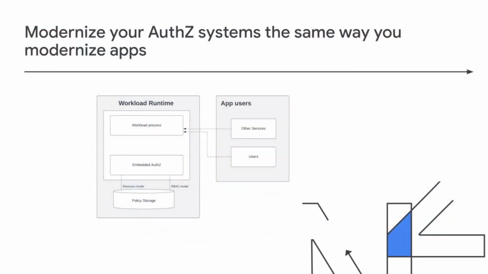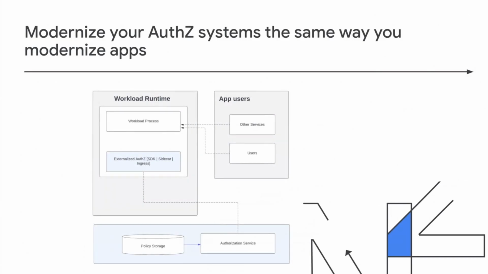Let's have a look at what that means from an application perspective. This is how, as we discussed, an embedded authorization system would look. Moving to BeyondProd principles would basically mean that you modernize your authorization very similar to how you modernize your application. You would have a centralized policy governance model that centrally stores your policies, and a centralized authorization as a service, if you will, that allows applications to have a callback and enforce them in a centralized way. This gives you a lot of benefit that we discussed, but before we go there,